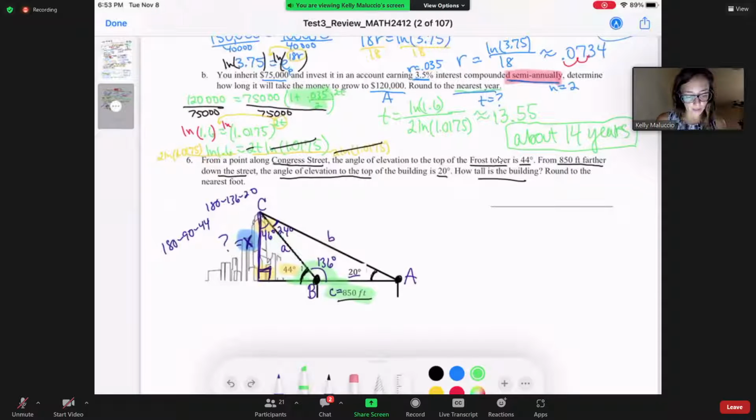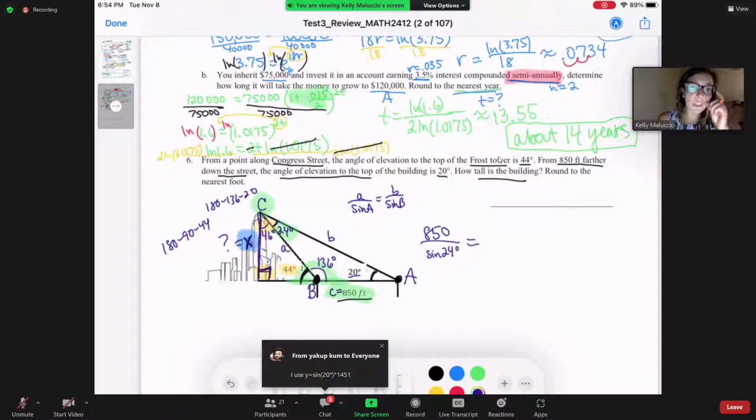But because we know little c and we know the angle of it, law of sines says a over sine A equals b over sine B, or it could be c over sine C. So I'm going to use c over sine C: 850 over sine of 24 degrees has to equal... You can really pick what you want to do, but I solved for a because then I could use right triangle trig to just solve for x. If you solve for b, you'd still probably have to solve for a, or you'd have to do some type of other